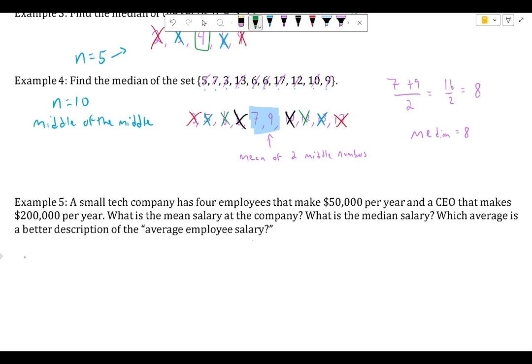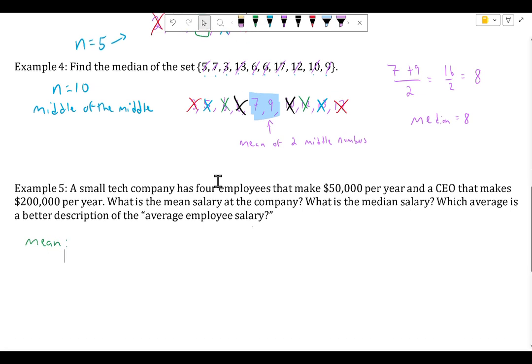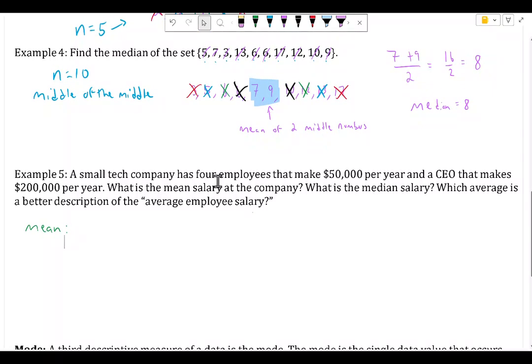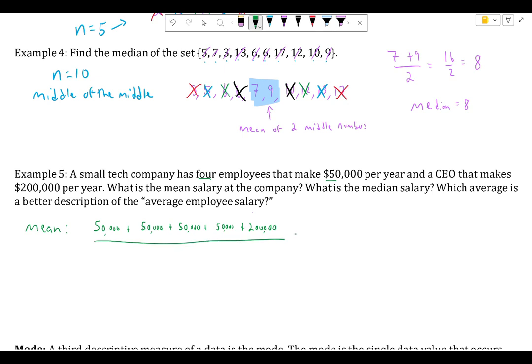So to find the mean, we need to add up all of the employees' salaries. In this situation, we know that we have 4 employees that each earn $50,000 a year. So we would have 50,000 plus 50,000 plus 50,000 plus 50,000, which is 4 of those employees, right? So 50,000 plus 50,000 is 100,000. So 200,000 plus another 200,000